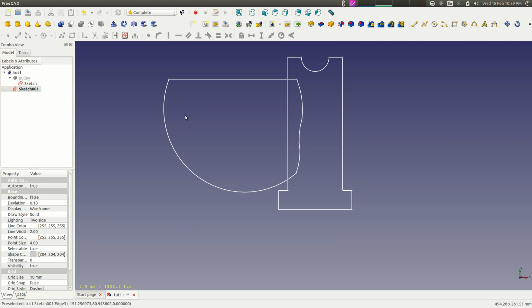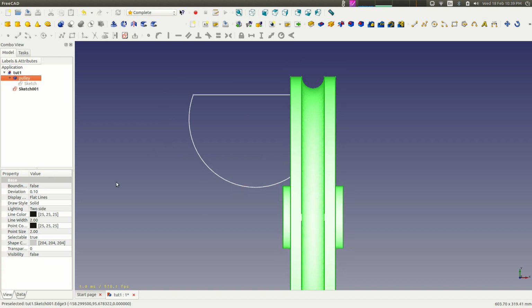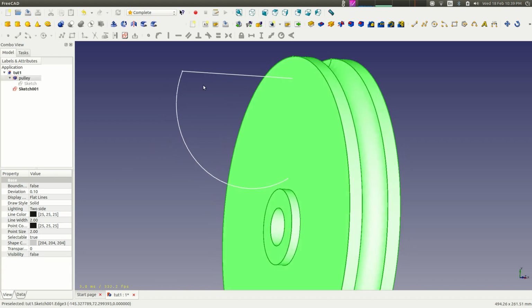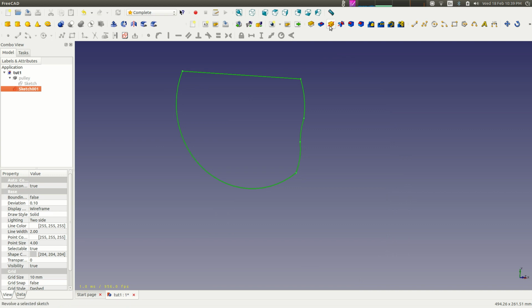And so now what I'm going to want to do is make an object from this that I can minus from my previous object. So I'm going to get rid of that sketch. I'm going to pull up my pulley. And what I'm going to want to do is make an object from this new sketch and minus it from this object. So I'm going to hide the pulley for a second, and I'm going to revolve this